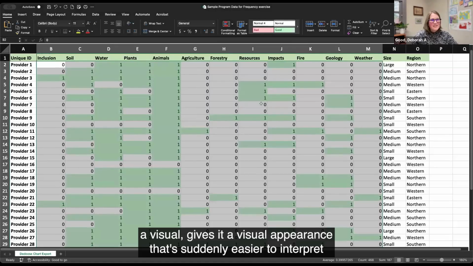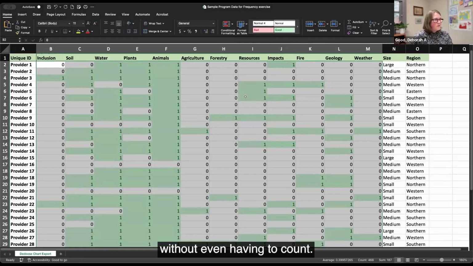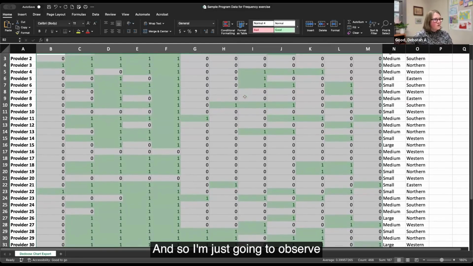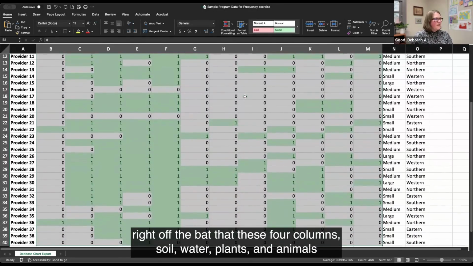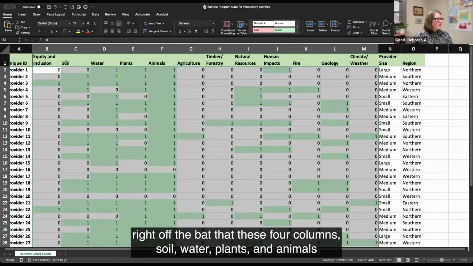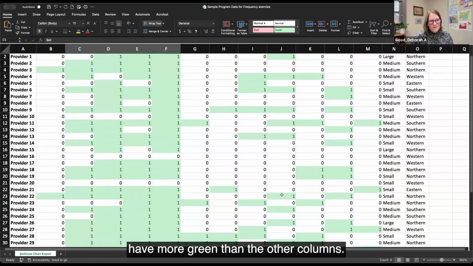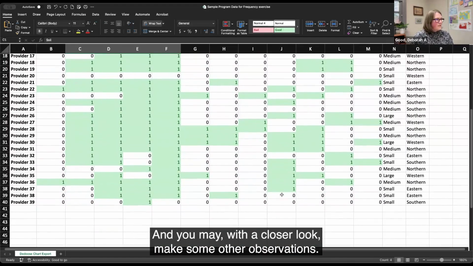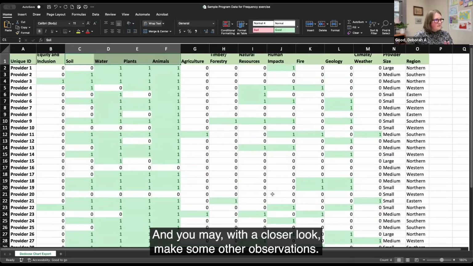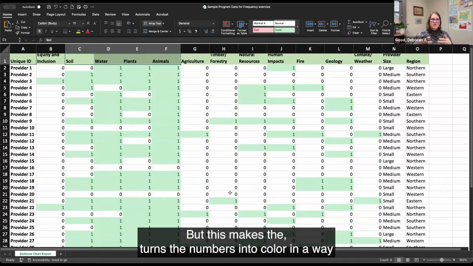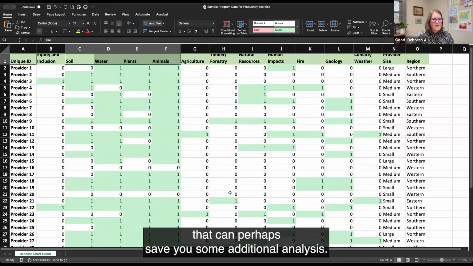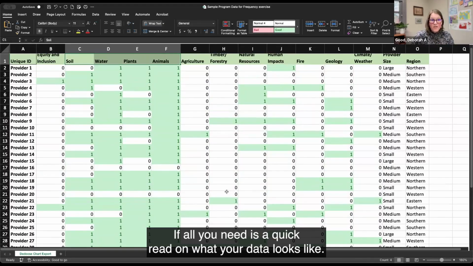on a visual appearance that's suddenly easier to interpret without even having to count. And so I'm just going to observe right off the bat that these 4 columns, soil, water, plants, and animals, have more green than the other columns. You may, with a closer look, make some other observations, but this turns the numbers into color in a way that can perhaps save you some additional analysis if all you need is a quick read on what your data